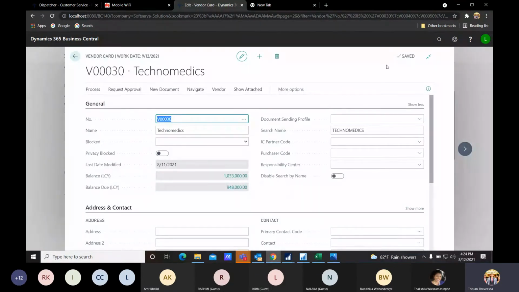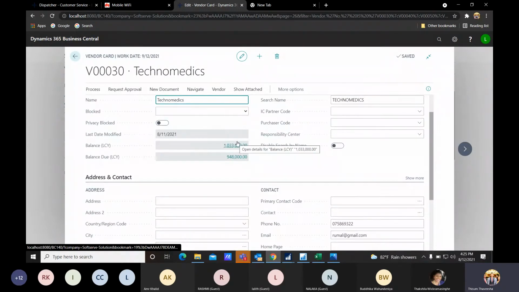Now I will go to the vendor card. So, sorry, Technomatics vendor. Okay, so this number will be automatically generated based on the customer requirements. So we have the ability to let the users manually enter the vendor number, or else it could be automatically generated based on the number series that you are having. Okay, but the number is the primary key where duplication should not happen, and Dynamics doesn't allow duplication also. You can have many names same for different vendors, but not the number.